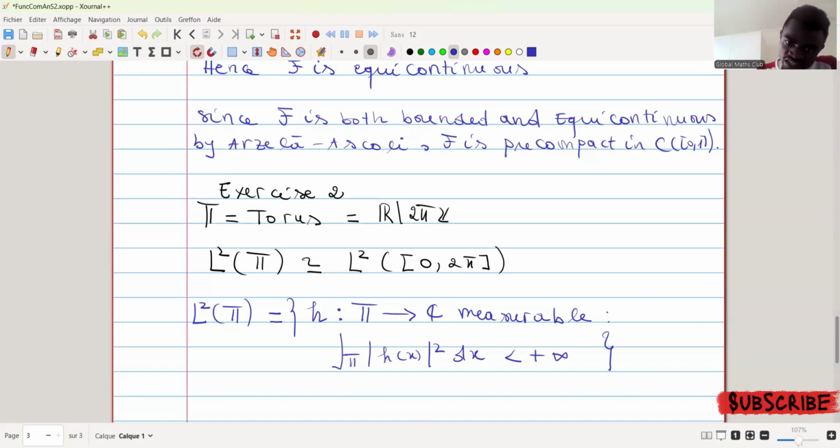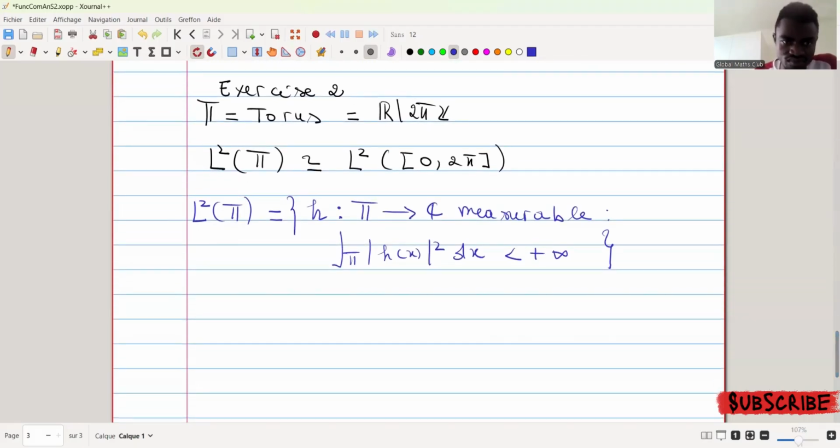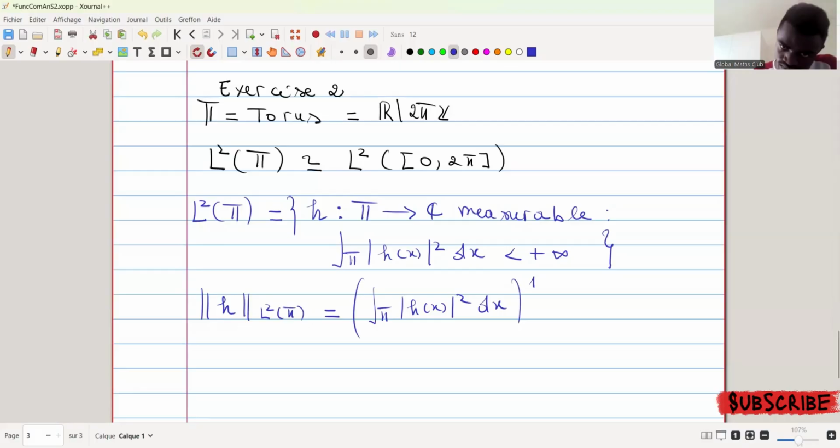So it is easy to define the inner product here. Since the norm, you can see that this one is the norm. So to define the inner product, the norm of h is just the integral over the torus. So it means that the inner product between two elements,